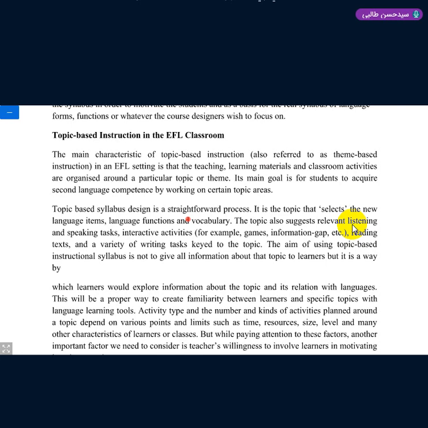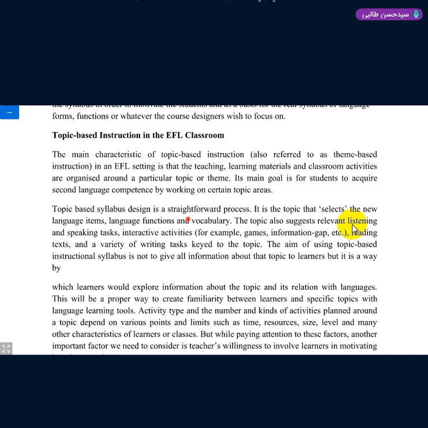And for ESP courses where students have a lot of information about their discipline, if you ask students what topics are of interest to be covered during the different sessions, because they have background knowledge or prior knowledge about the topic, their learning will be